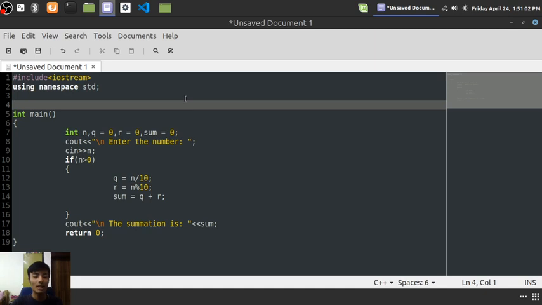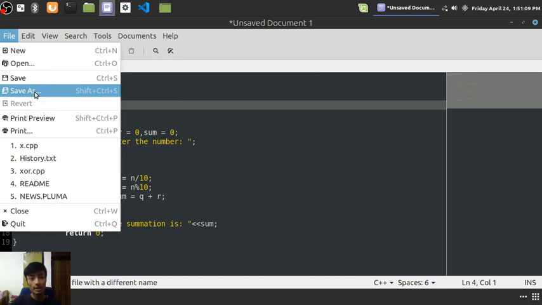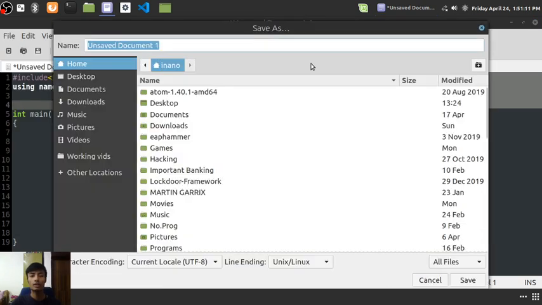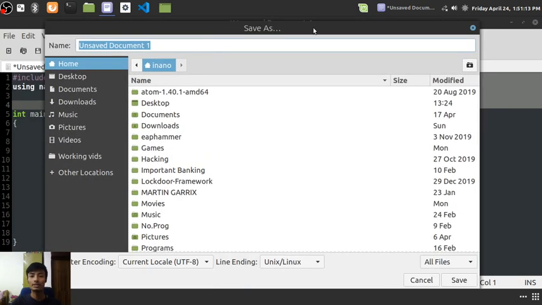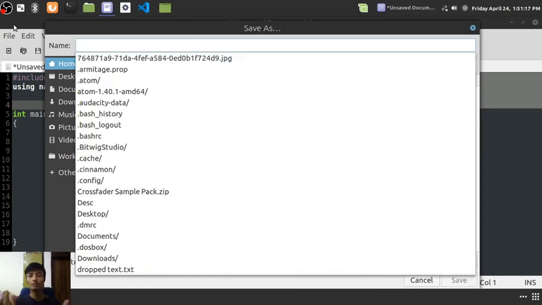Okay. So we've done here, and now we can save the file. To save the file, go to File, and then Save As. And the dialog box will appear as Save As. Now whatever name you can type, I'll be naming it as